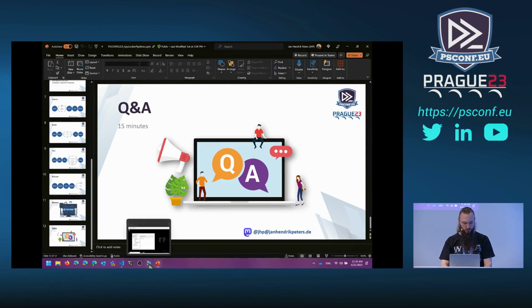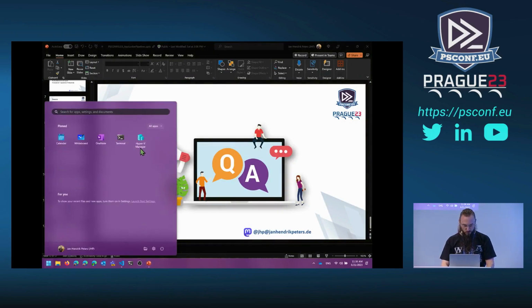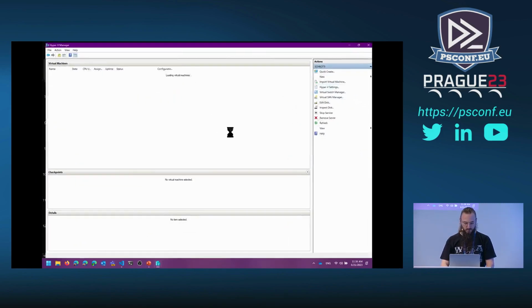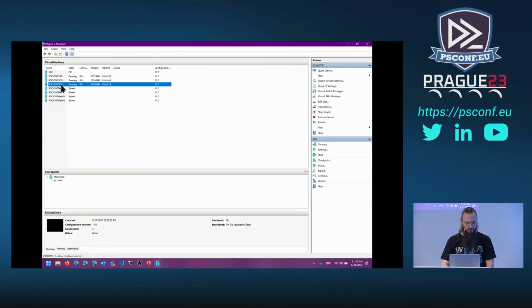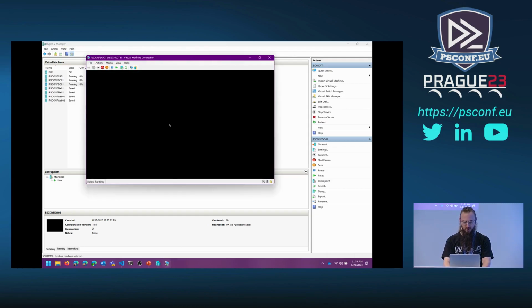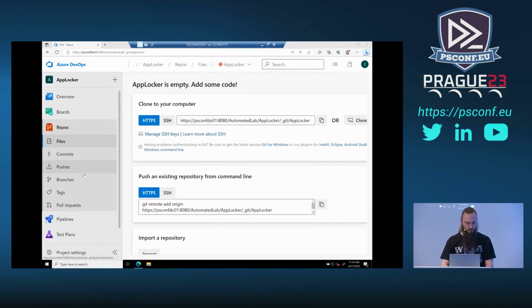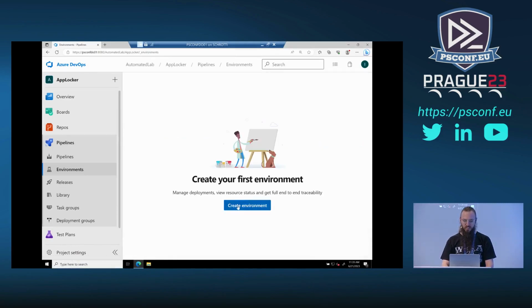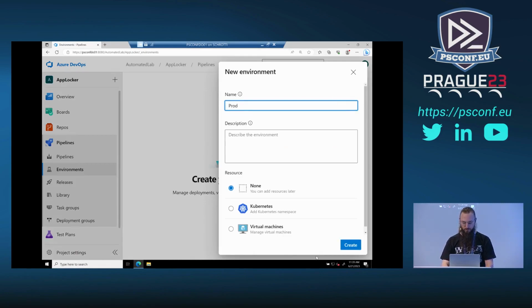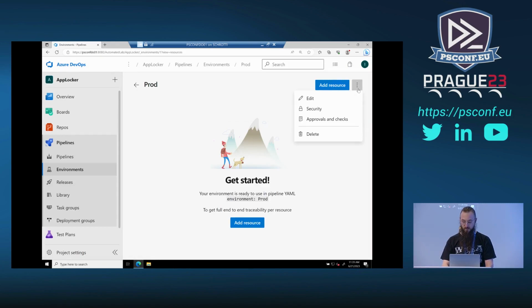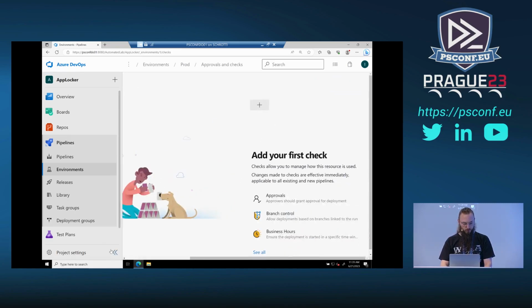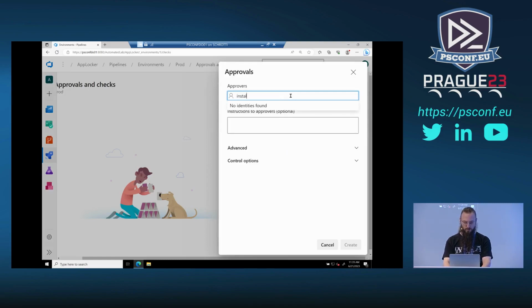Oh yeah. So the question was about the approval by management. This is done through the continuous integration tool. In my case, it was Azure DevOps. So the idea is, if it would have worked correctly, that the group policy objects are targeted at a certain environment. For example, they should be linked to the prod or dev organizational units or domains, whatever. And by using those environments, for example, in Azure pipelines or other tools that support these kinds of settings, we can include some approvals and checks. So if we were to include an approval by our manager, for example,